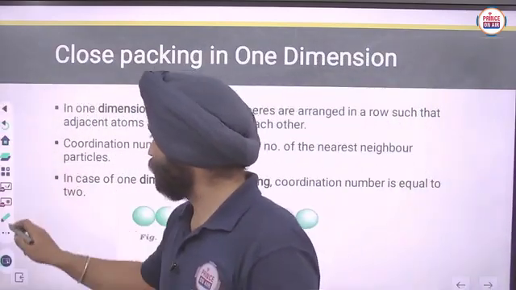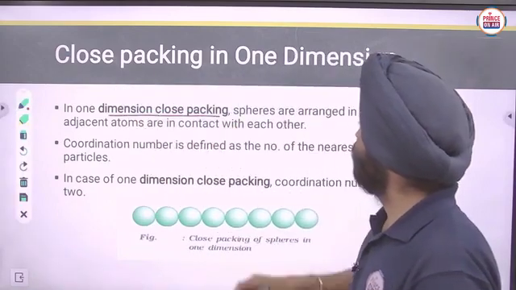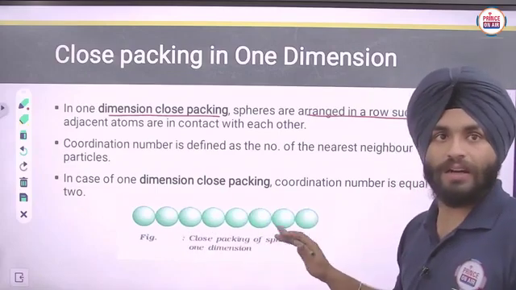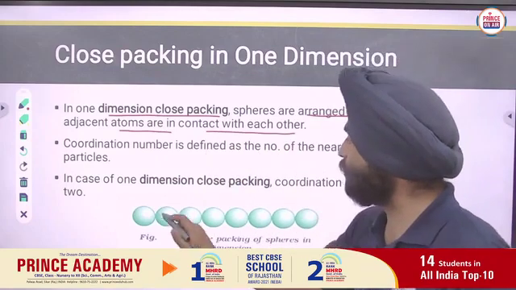In 1 dimension close packing, the spheres are arranged in a single row, and adjacent atoms are in contact with each other.